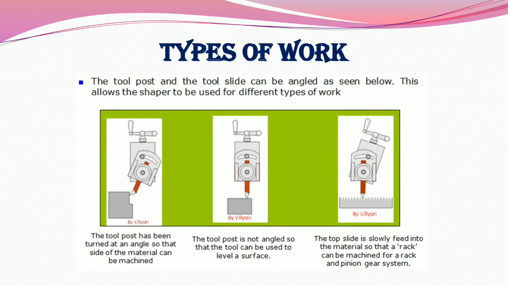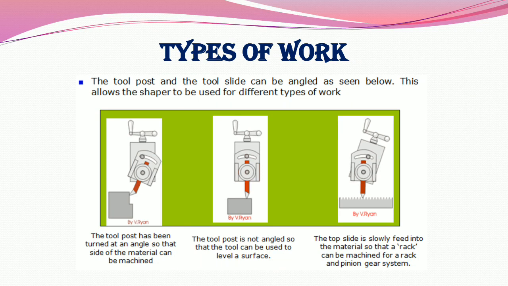Types of work. The tool post and the tool slide can be angled as seen below. This allows the shaper to be used for different types of work. So there are three pictures. In the first picture, the tool post has been turned at an angle so that side of the material can